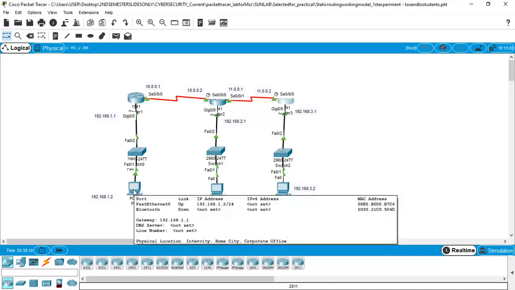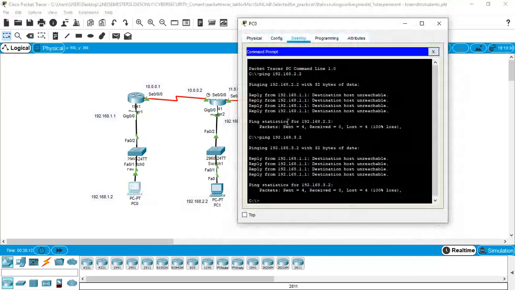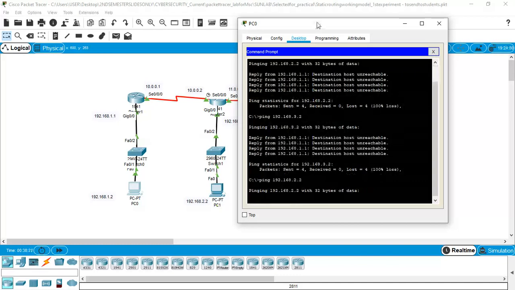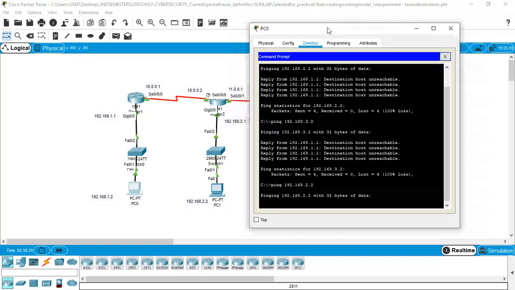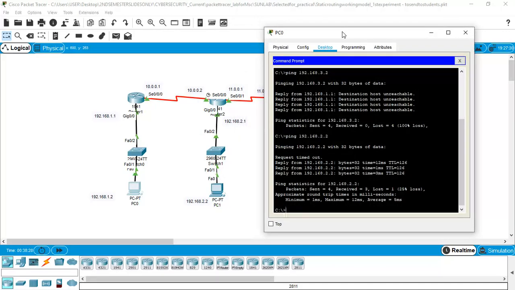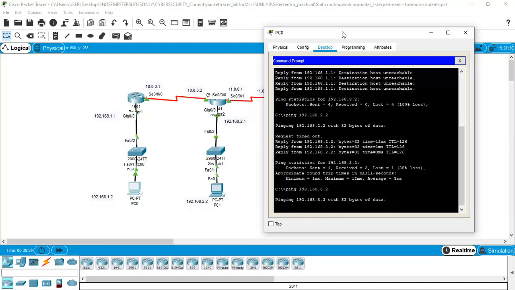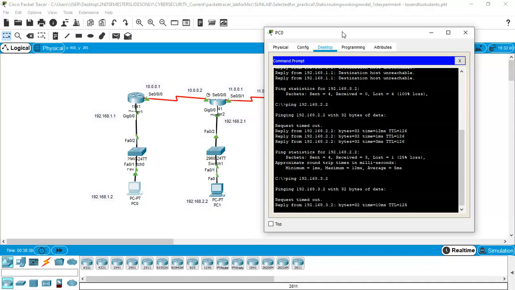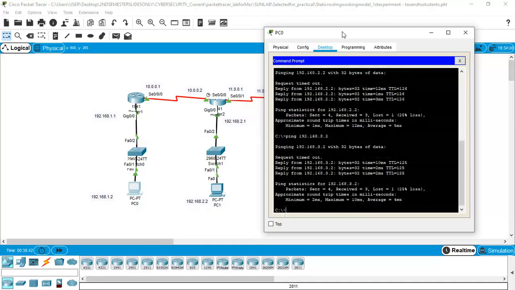I am going to ping 192.168.2.2. Yeah, now the communication is successful. Now we will also ping the machine 192.168.3.2. Initially request timed out, but now the communication is taking place.